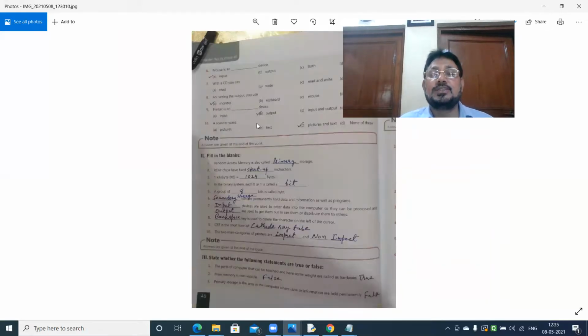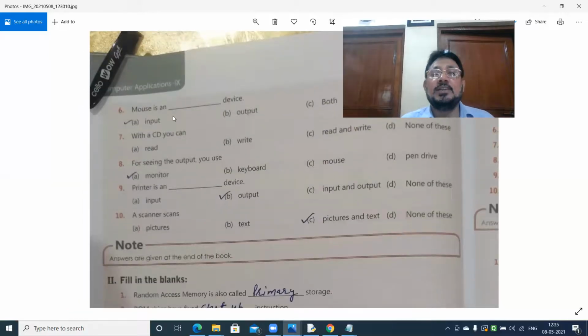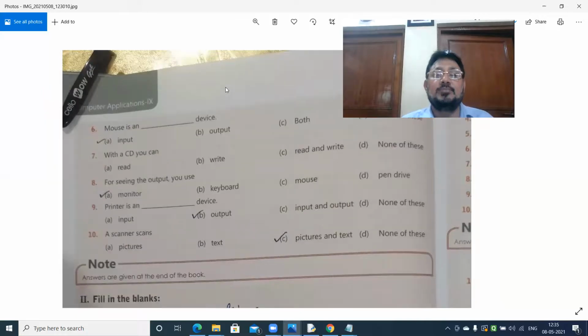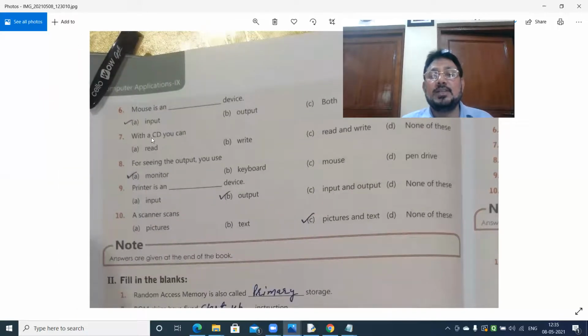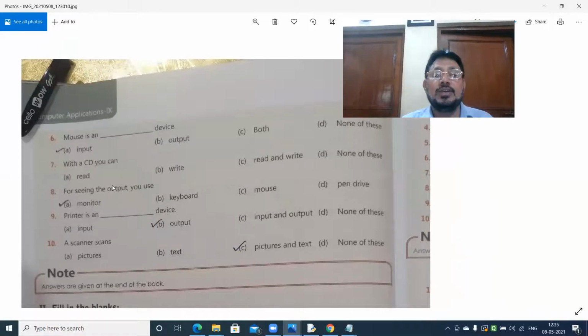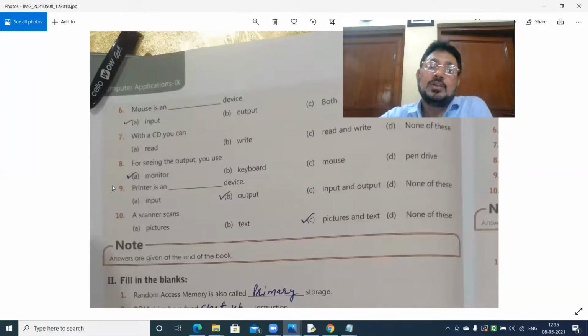The next question, 6: a mouse is an input device, not both input and output. Next, with a CD you can read and write. I have not marked this, but we have rewritable CDs. That is the question here. Let me check once. The 7th one.